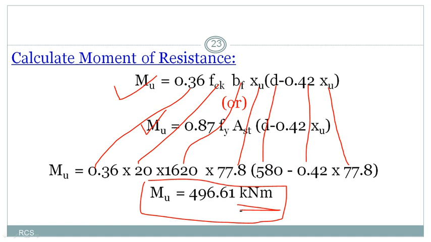meter. So I think you observe the difference between our first problem and second problem. In the first problem, they have directly given the effective width of the flange. In the second problem, they did not mention the effective width of the flange. That effective width we have calculated based on the codal recommendations, and then the remaining procedure is the same for problem 1 and problem 2. So these two problems are related to your type 1 problems.